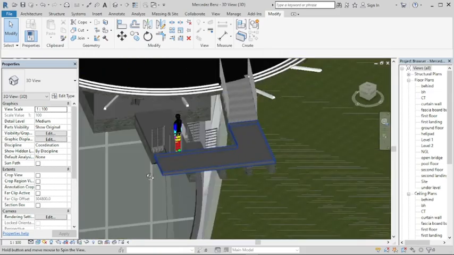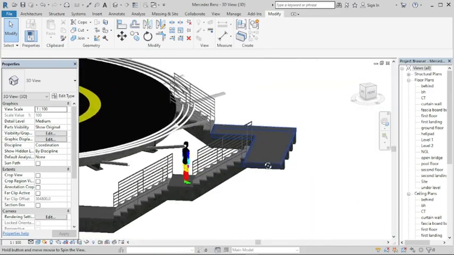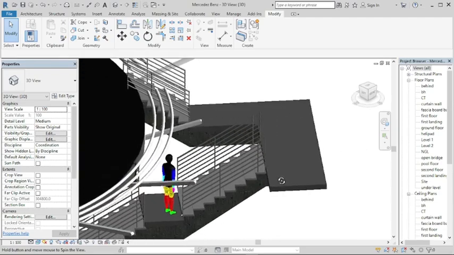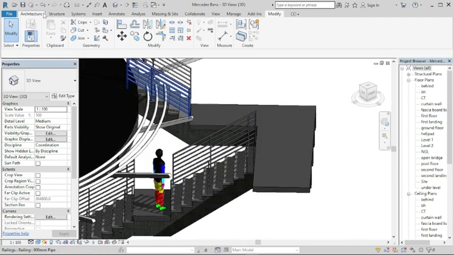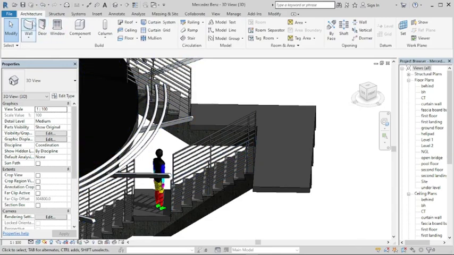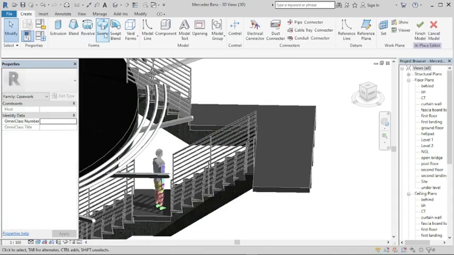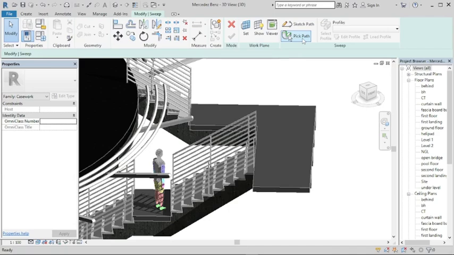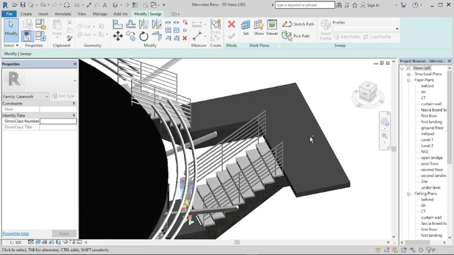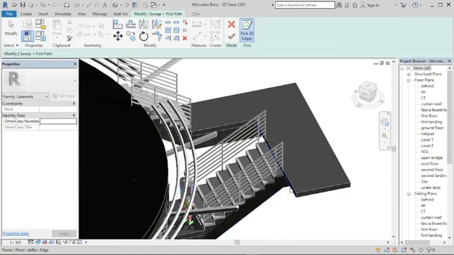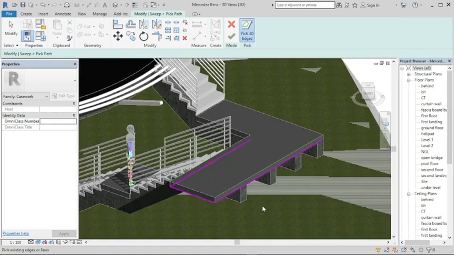So you have the beams now structured at the edge of the staircases. So we want to now do the final beam structure. Now we're going to use the sweep tool instead. So go to architecture, component, model in place, casework, and okay, and go to sweep, and you can either use the sketch part or the pick part. So we're going to use the pick part, and we're going to pick the edge of